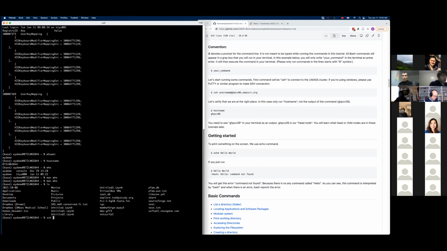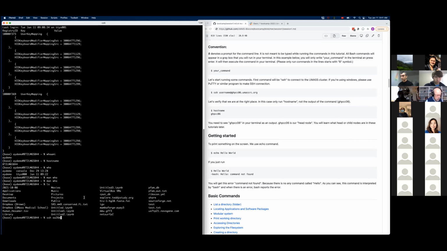So the command to connect to a remote computer, the one that we are going to use here, is secure shell, SSH, and then I leave a space, and my username on the cluster is OA26W.